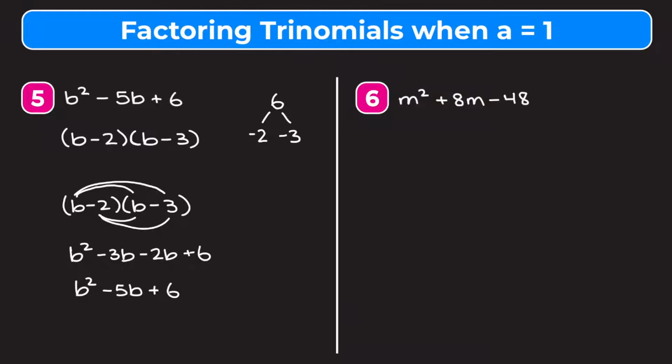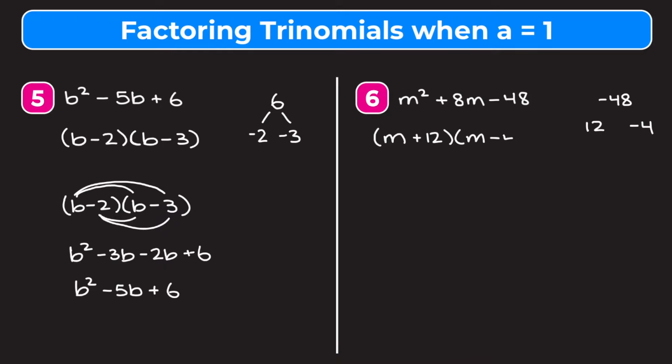So over here, taking a look at our last example, we need two numbers that multiply to negative 48 that add to a positive 8. So one number has to be negative and one's going to have to be positive. And we want the positive number to be bigger because the sum ends up positive. So we're going to think of our factors of negative 48. And we could do a positive 12 times a negative 4. That multiplies to negative 48. And 12 plus negative 4 is positive 8. So those are our two factors. And now we're just going to factor our trinomial. So we have m plus 12